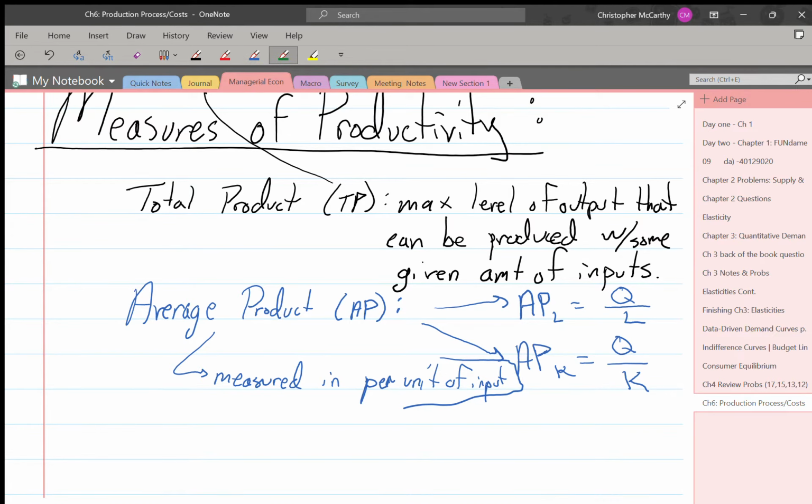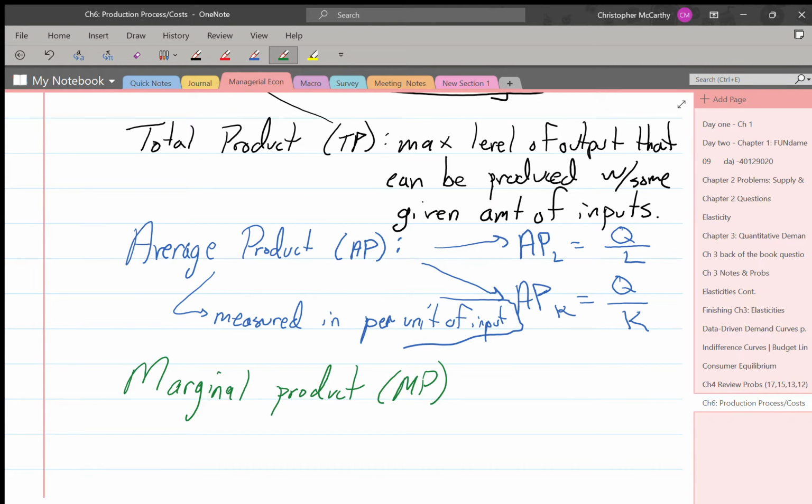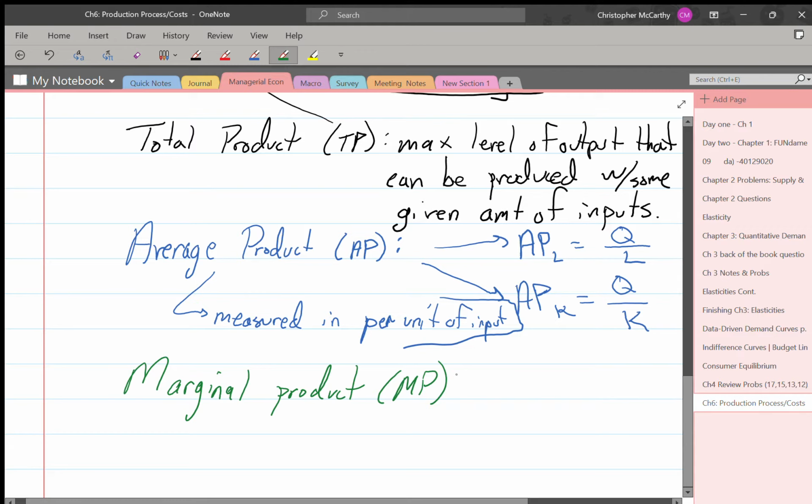Now the last one, the most important when it comes to economics, because economics is all about incremental analysis, which is also known as marginal analysis, right? We're talking about stuff on the margin. We're taking a look at things not in the lump sum, but we step in, the factory's already producing so much, and we're looking at whether or not we should increase or decrease that production amount. So we're going to do this incremental analysis with our marginal product, which is the change